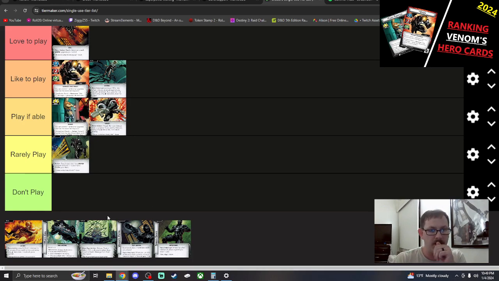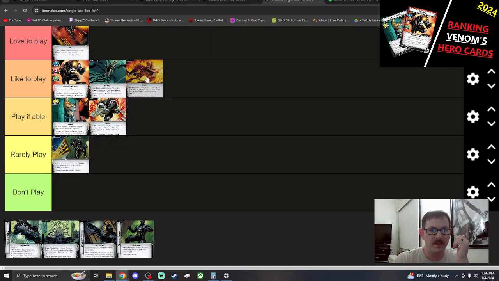Next is Savage Attack. I have this as like to play. Like I said, I like to play aggression, so I like to hit hard when I can. Hit hard, hit fast. So when I get Savage Attack, I will do as much as I can to play it, unless I have more